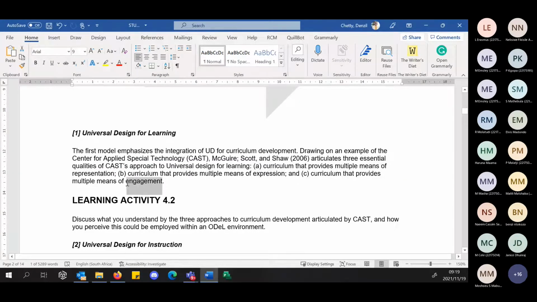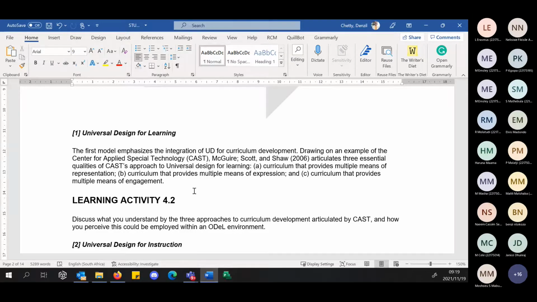So that means when we talk about designing and integrating technology in learning, the three elements of how we design our curriculum provide multiple opportunities for representing the content in different ways, for students to express different learning styles, different learning approaches, and engagement for students to allow multiple engagements in these technology spaces. This becomes quite critical for us. Now, if you look at many of the more contemporary learning management systems, if it's Blackboard, Moodle, or Sakai, there are many plug-in applications that cater for these types of expressions in your online space.